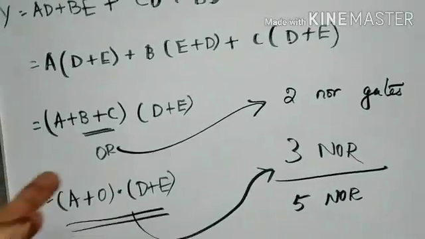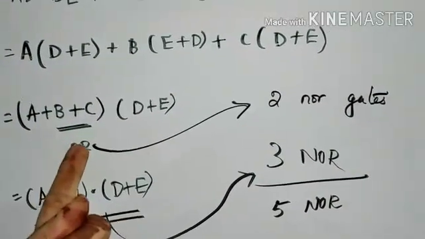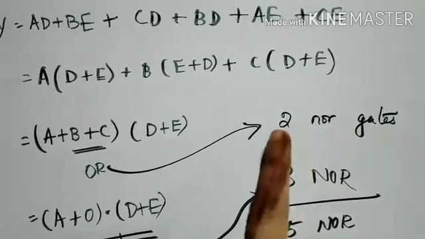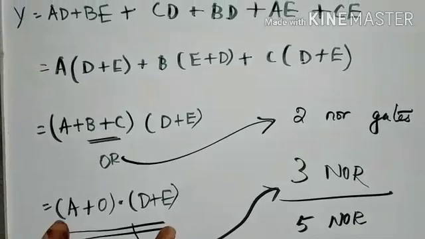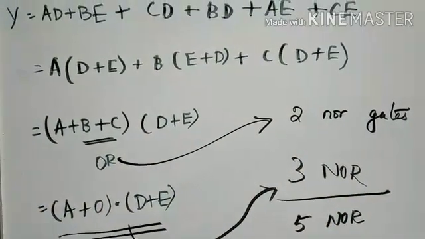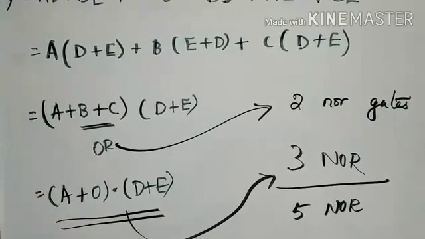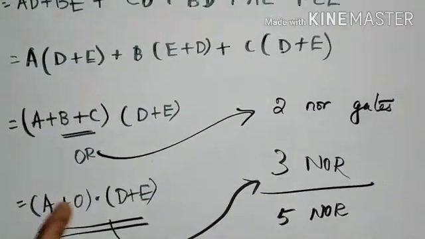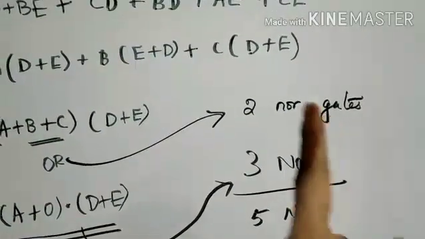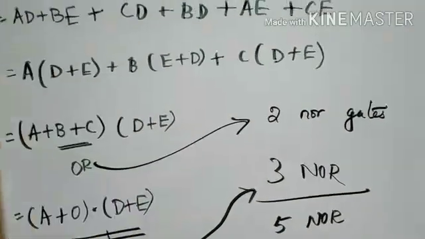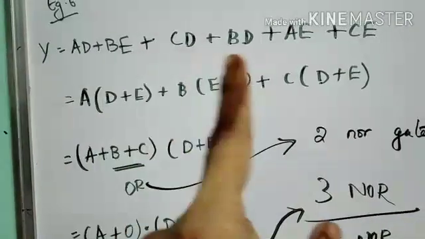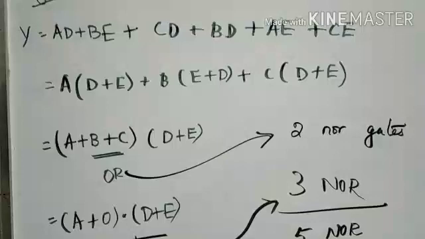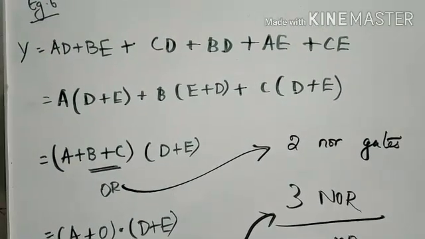See, listen carefully. To implement this OR gate alone, that is B plus C alone, we need 2 NOR gates. If you have any doubt, please refer to our second example. To implement this function, we need 3 NOR gates. In our previous example, we have seen this kind of problems, right? So product of sum terms. So I replaced this B plus C as O because of that OR gate, right? So it requires 3 NOR gates. So totally 2 plus 3, 5 NOR gates. So the minimum number of NOR gates required to implement the given function y is 5 NOR gates. Right? So the answer for the given question is 5 NOR gates.